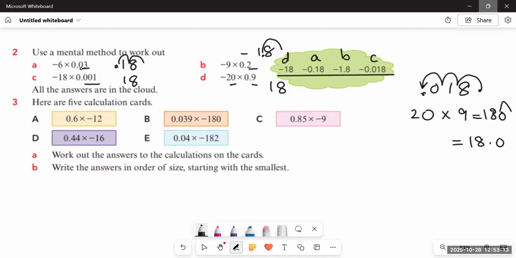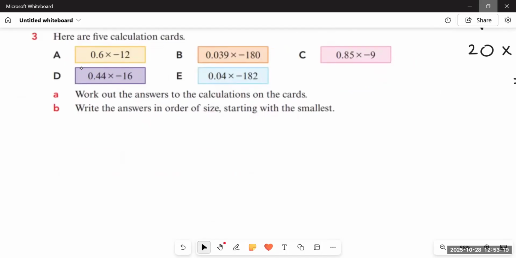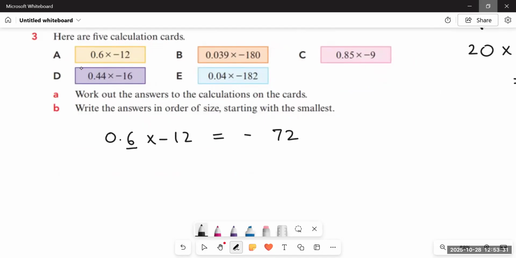Okay. Now, question number 3 says, here are 5 calculation cards. 6 multiplied by 12. Okay. So 6 12s are 72. So this would be minus 72. And then there is one decimal place, so we'll put a decimal over here. It would become minus 7.2. Part B,